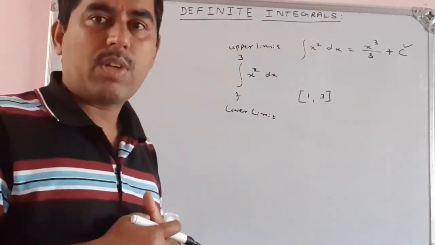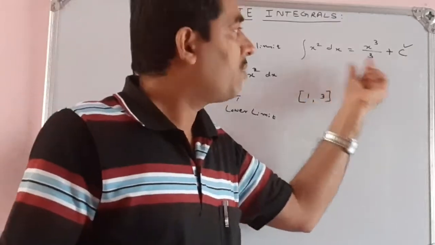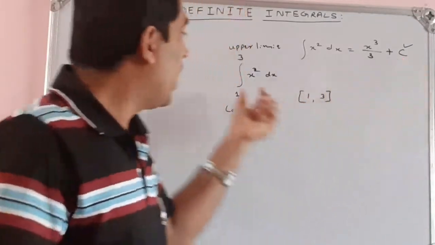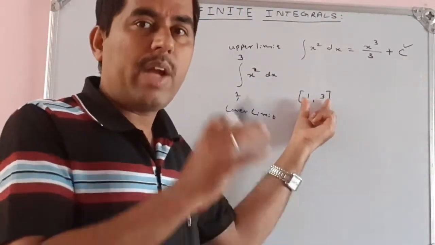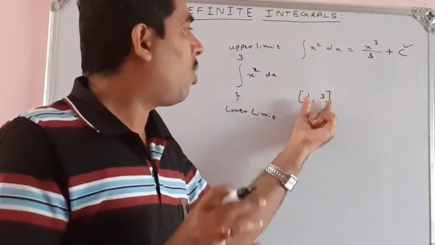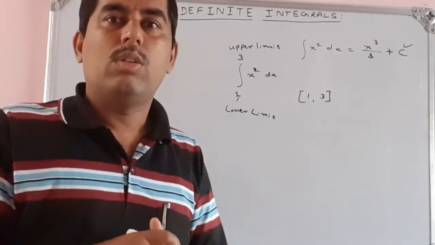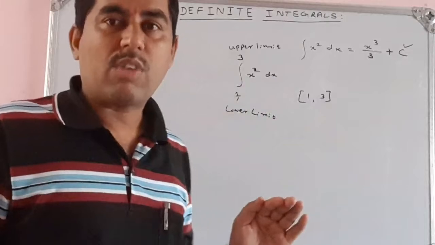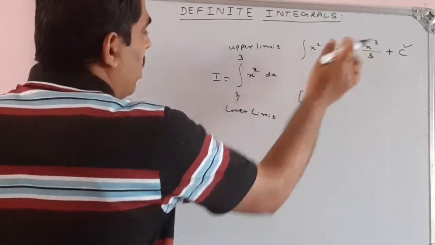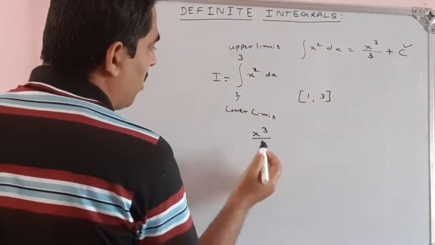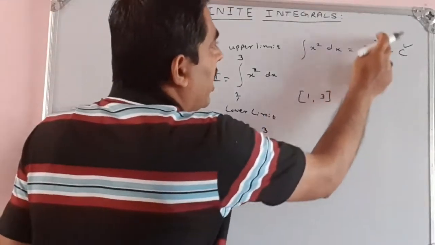The other major difference between indefinite and definite integrals is that, to indicate indefiniteness, we write the constant of integration. Here there is a limitation, say 1 to 3, so we are taking only this interval. We have a definite known interval. Therefore, while calculating definite integrals, there is no need to write the constant of integration. Observe carefully. So what will be the answer for this? If I integrate x square, using the formula once again, I get x cube divided by 3. This is the integral. Here also we got x cube by 3.